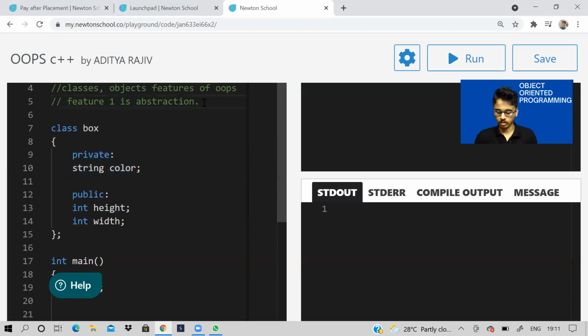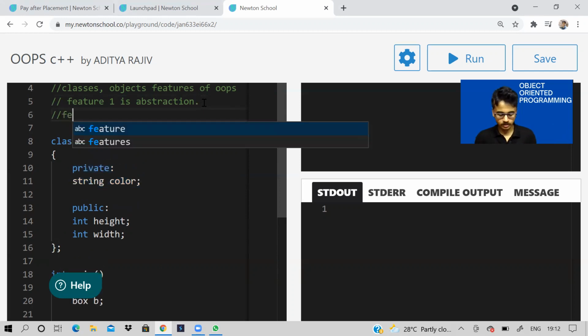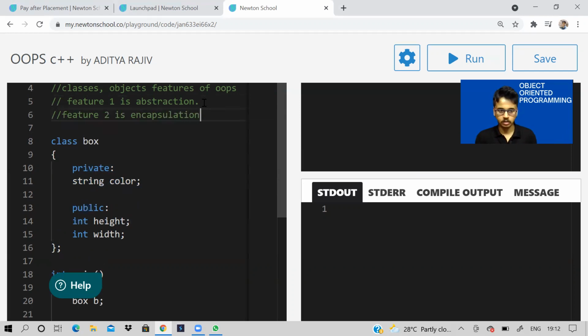abstraction. Now, second feature is what? Second feature is encapsulation. So what is encapsulation? Encapsulation basically means data and the functions associated with the data are bound together, which means that, consider an example